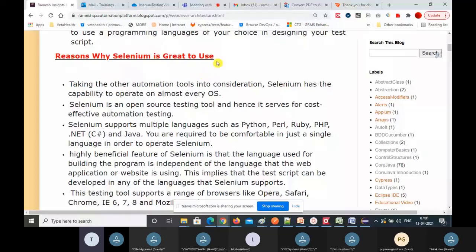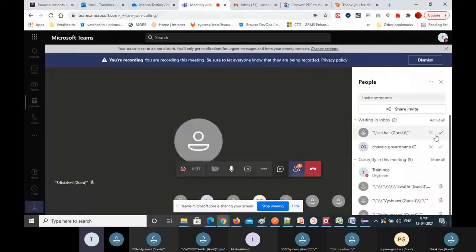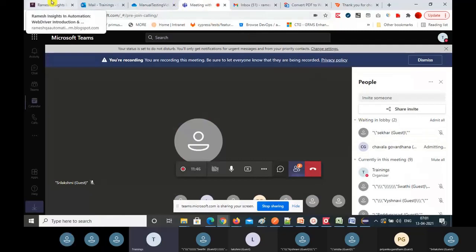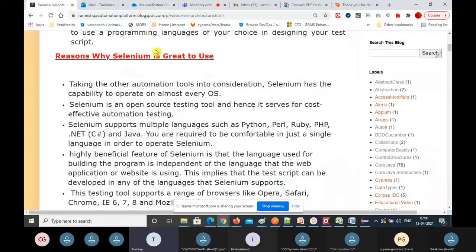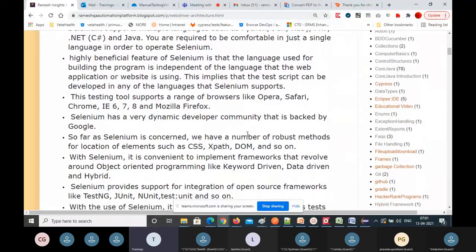For different programming languages, we can use different frameworks. So that's the advantage with Selenium WebDriver. And you can even customize your framework also. That is also supported by Selenium. So that's the advantage of why we need to use Selenium.